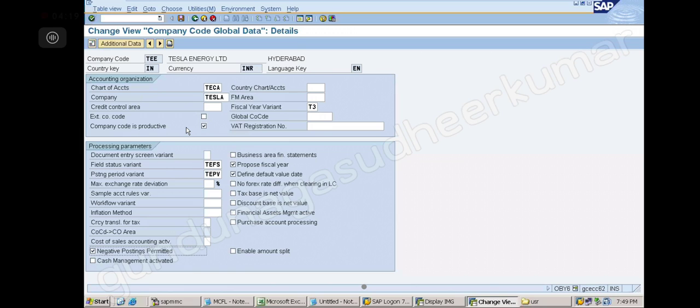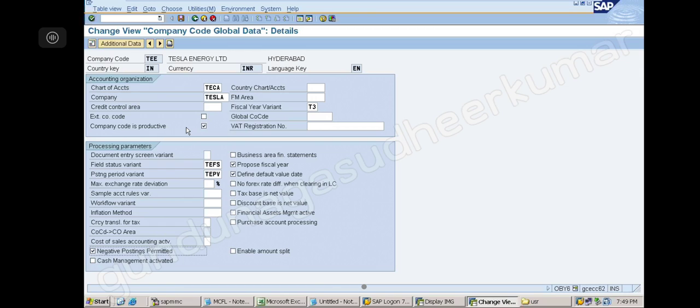Then define default value date. Value date we use for banking transactions, especially bank related. When we are doing BRS, at that time I will explain what is the use of the value date.